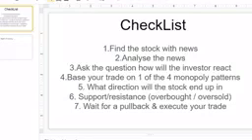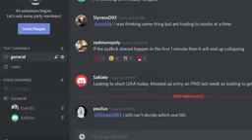What direction will the stock end up in? We talked about that. Support and resistance, you have to ask your question, where's the support, where's the resistance? And that's simple, anybody can do that. And then wait for the pullback and execute your trade. Again, the pullback is something that we have to focus on, but many people have this FOMO, fear of missing out, so they end up executing their trade quickly. So I already shared my game plan with the chat room.